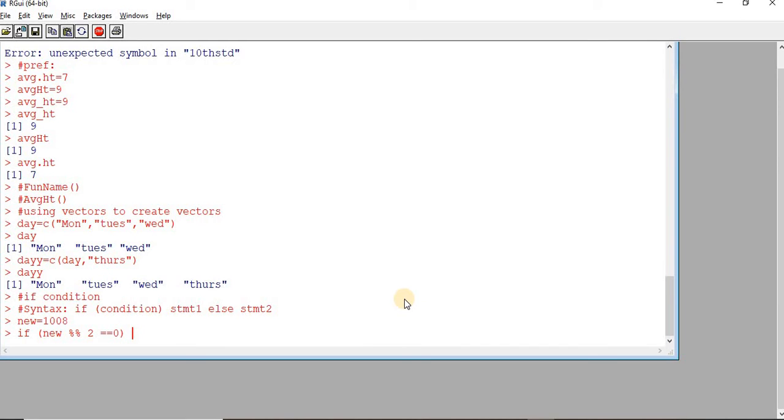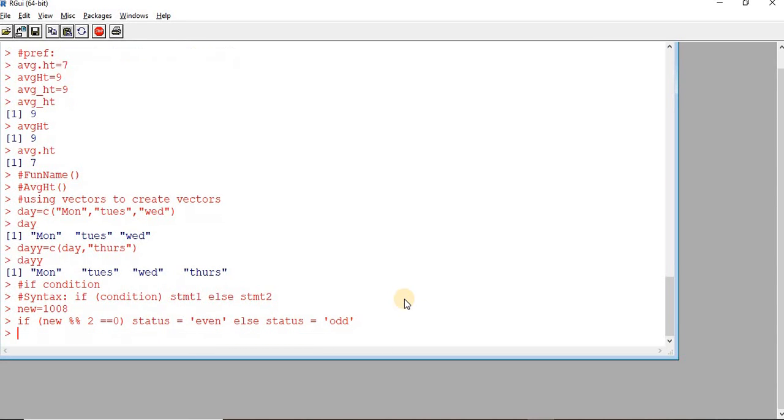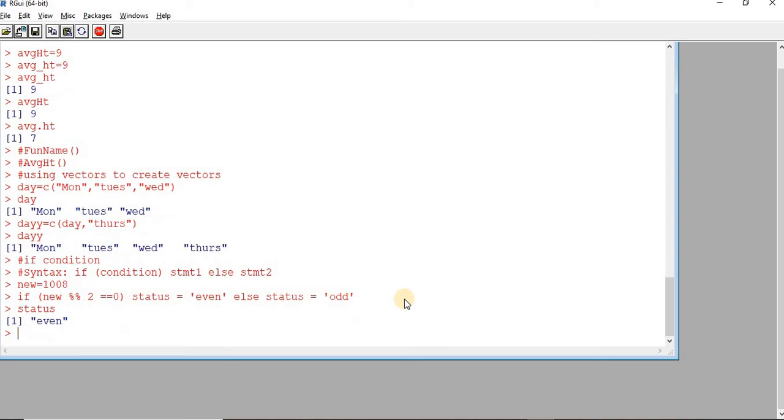If it is true, then I'm going to create another variable, say status, where I'll be storing even. Else status is equal to odd. So now let me check what is the value in my status variable. So it is even, which means new is even.